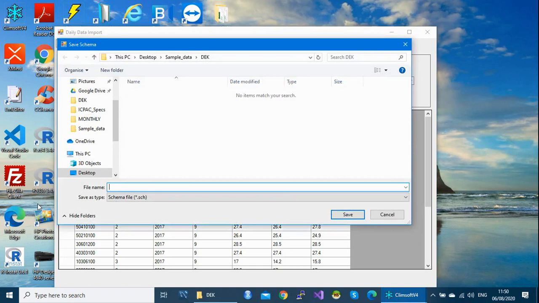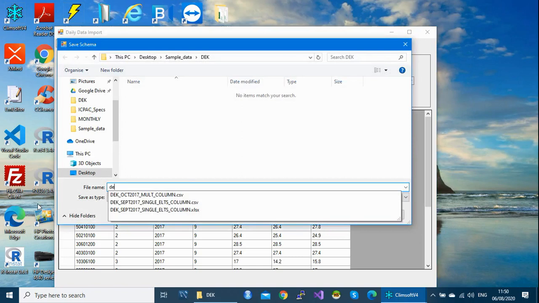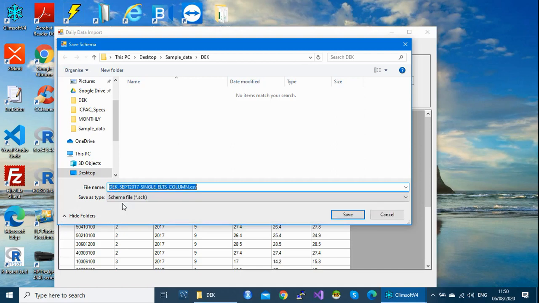So here we say Decado September, single element, header. As you can see, the type of file is schema, SCH, that means schema. So we save in the same folder.